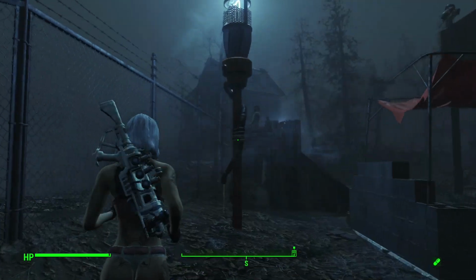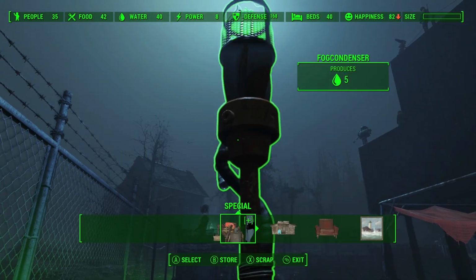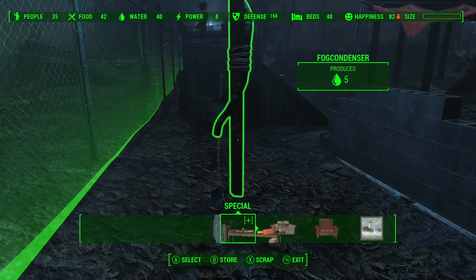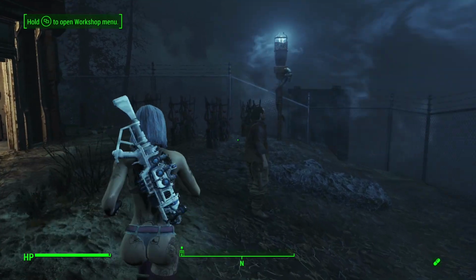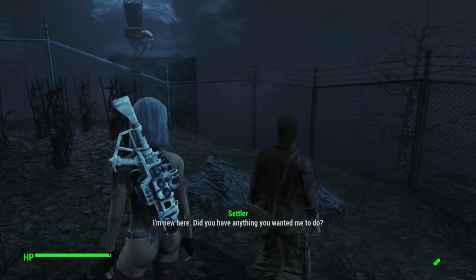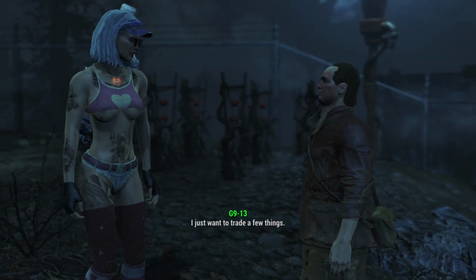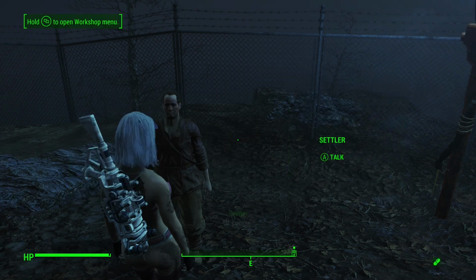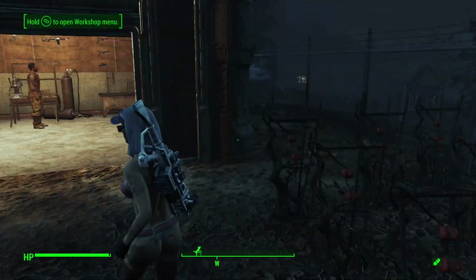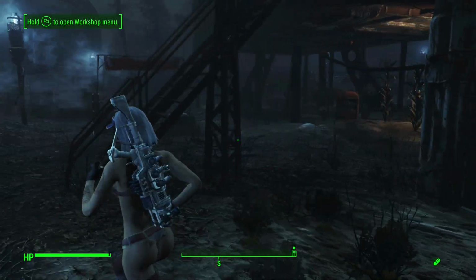See, these are the mod added condensers. Yep. That also produce water, right? Because you don't actually need the condensers. The guy who made the Red Rocket mod just got rid of the fog for these areas so that you could actually build a settlement in them. That's right. Do you have anything you wanted me to do? I just want to trade a few things. Okay, I don't have anything I can give you right now, so I'm just going to...